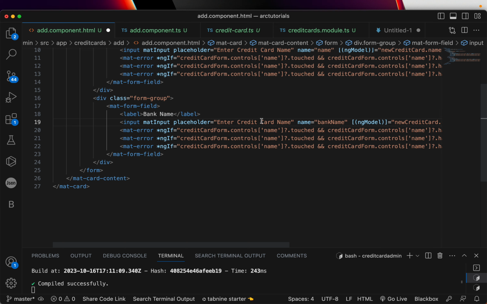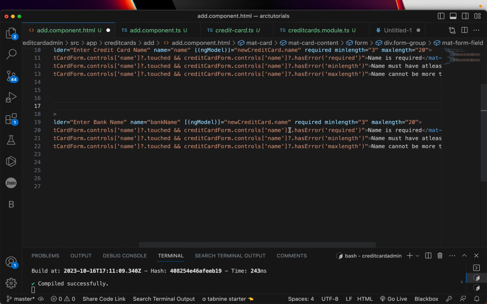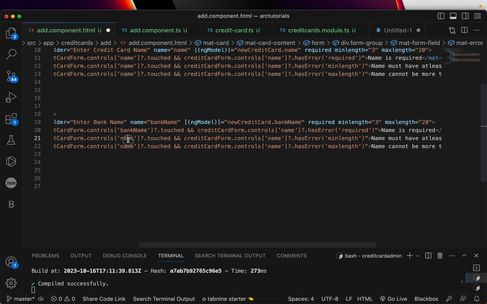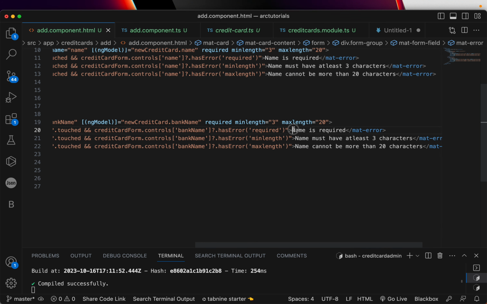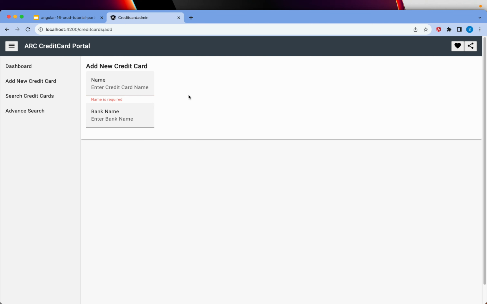Here you will say bank name, enter bank name. Here you will say dot bank name, and again I'm putting those conditions. In the controls, update the name to bank name because that's the name, that's the new name for this field. Change it here and you are done. Okay, so this will call it bank name, bank name, bank name. Right, so now see, we have two fields, one for name and one for the bank name. Both are working as expected. I can add a value, it says minimum 3. Here also it says at least should have 3,